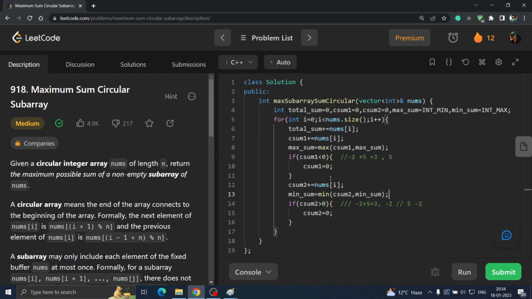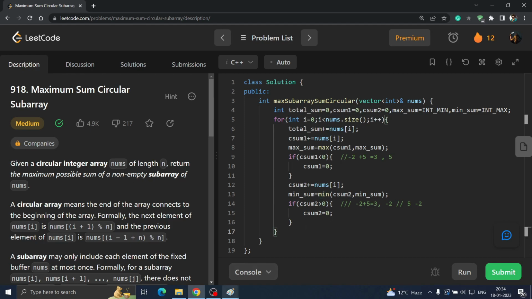So one thing I will ask you, I have written this step after this. Is this the correct way or is this the wrong way? You have to tell me about it. For now it is correct, because whenever you are getting maximum or minimum, you are checking it every time, so you won't get a wrong answer. So when this all is done,